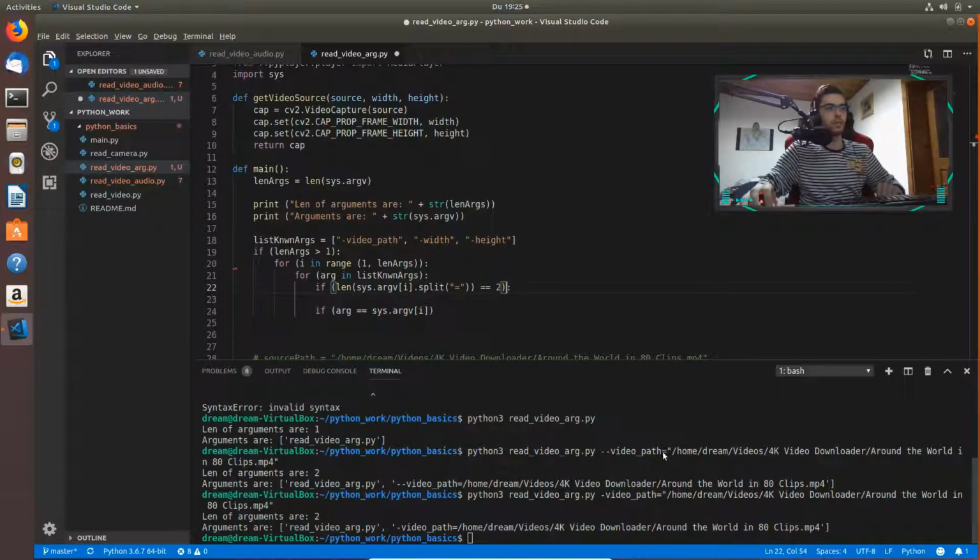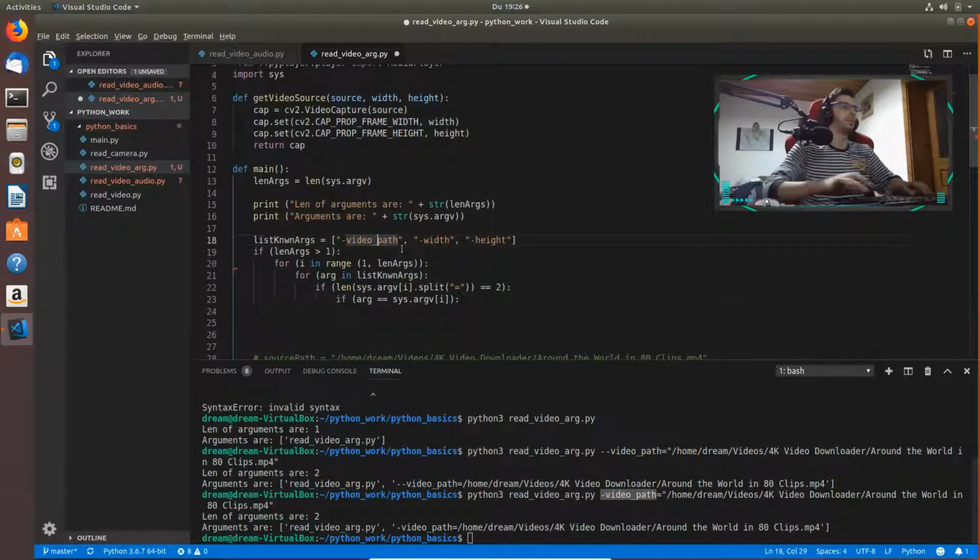So I'm splitting from equal, and I'm having only video path and only the path. So that's why it's really important to do this. So I'm going to split, or actually let's do something like this, video path, like that. So if you have minus video path in our command line when we run the script, we are going to get it. So if these two are matching,